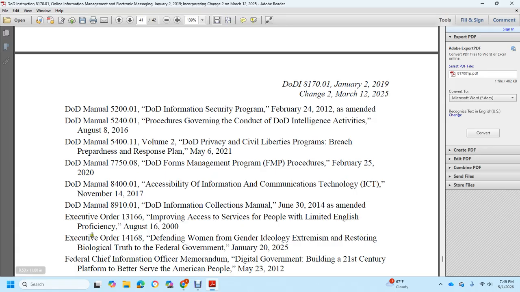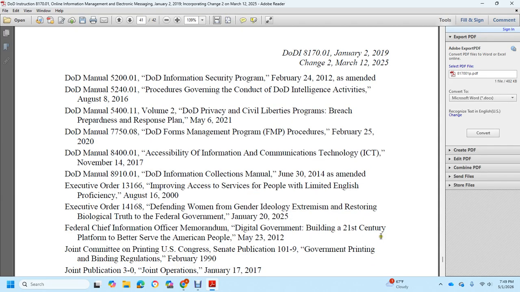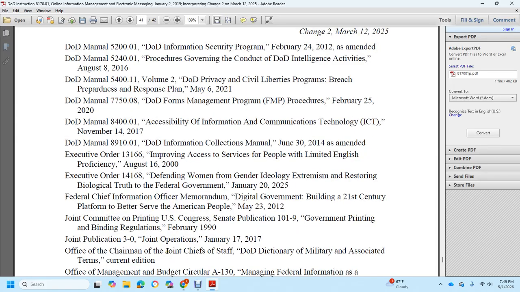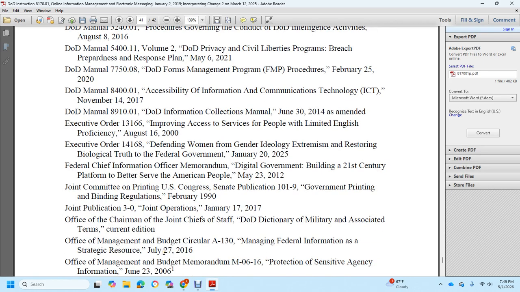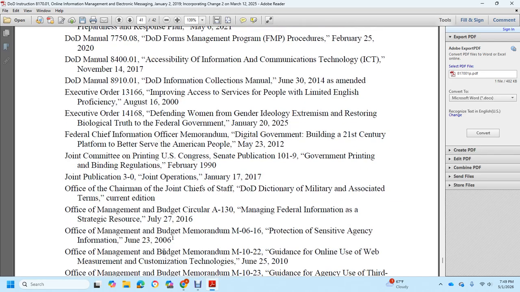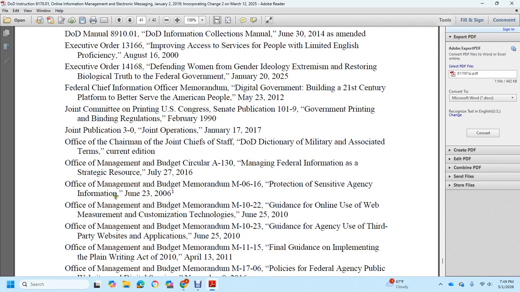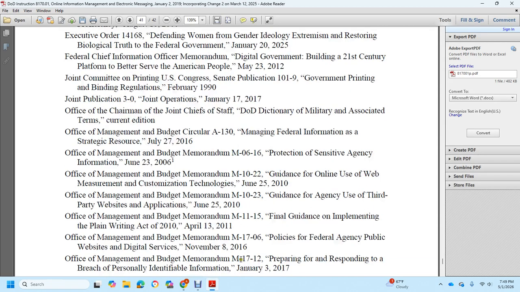Digital Government: Building a 21st Century Platform to Better Serve the American People, Joint Committee on Printing, U.S. Congress, Senate Publication 1019, Government Printing and Binding Regulations, Joint Publication, Department of Defense Dictionary of Military and Associated Terms, Office of Management and Budget Circular A-130, Managing Federal Information as a Strategic Resource, Protection of Agency Information, Guidance on Online Use of Web Measurement and Customization Technology, Guidance for Agency Use of Third-Party Websites and Applications, Final Guidance on Implementing Plain Writing Act of 2010, Planning for Federal Agency Public Websites, Policies for Federal Agency Public Websites and Digital Services, and